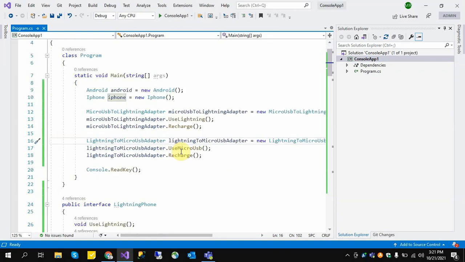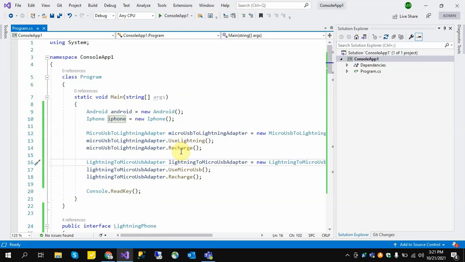So let's sum up the adapter design pattern. The adapter design pattern is a pattern which connects independent or incompatible interfaces. These are the responsibilities of the adapter design pattern.